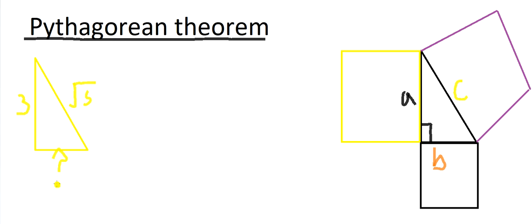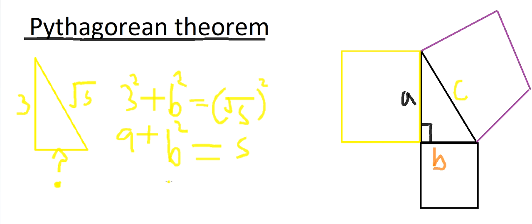So we have 3 squared, according to our theorem, plus b squared, since we don't know what our b is equal to, is equal to the square root of 5 squared. So that's 9 plus b squared is equal to 5. B squared is equal to